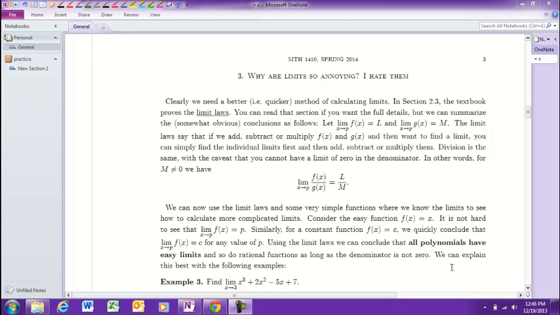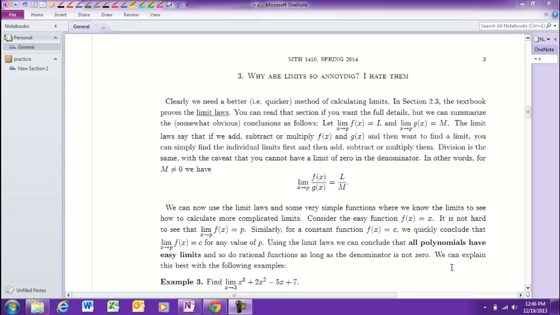We talked about limits in section 2.2. Now we're going to talk about some of the better techniques for how to actually calculate them. In section 2.3, the textbook proves what are called the limit laws. You can read the section if you want the full details, but basically the conclusions are this: